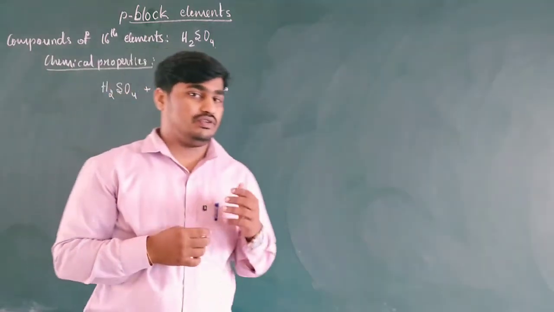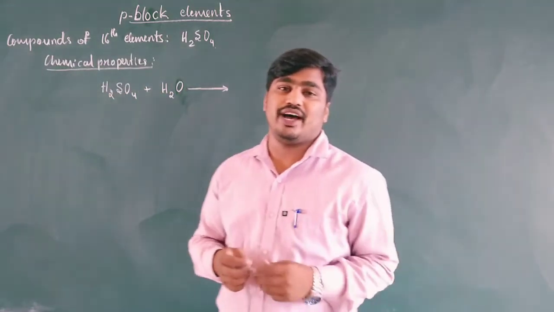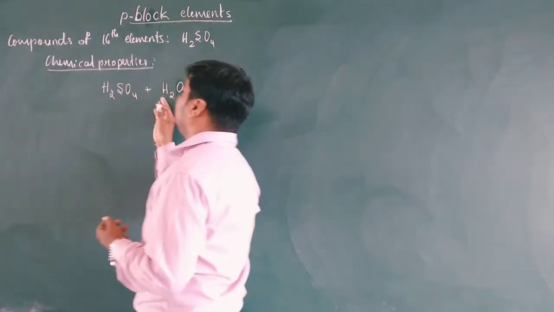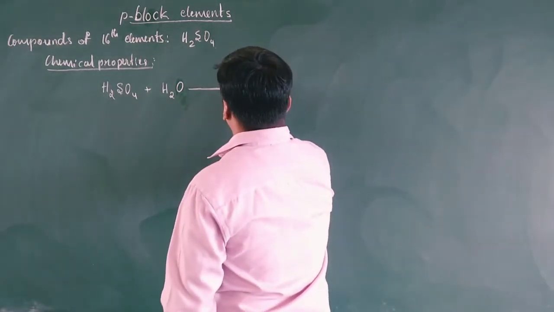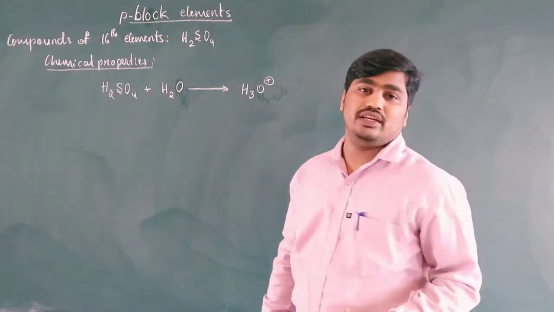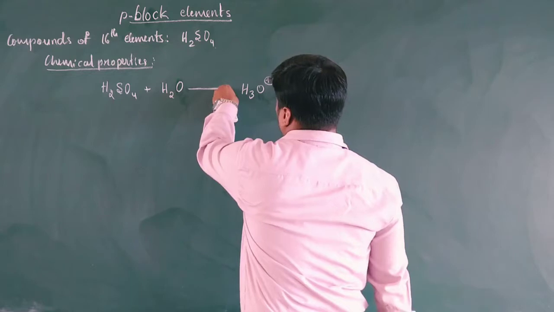Sulfuric acid is a good acid, therefore it readily gives up the hydrogen or proton. So it gives a proton to water and the water becomes protonated, which is called the hydronium ion. The hydronium ion is generated. Actually it is reversible,